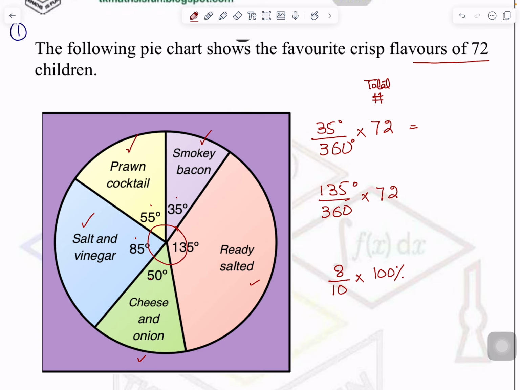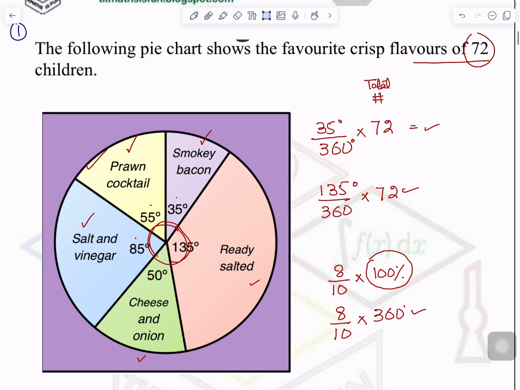100%, right? If I say 8 out of 10 students, change them into angles in a pie chart, because the total of a pie chart is 360, you will multiply it by 360 degree. So this represents what you want to convert it into. You want to convert it into percentage, you want to convert it into degree. So here it is already given in the degree form and you have to convert it into students out of 72. So that's why we will solve it like this. Similarly, you can find out all the information of all the students, children.